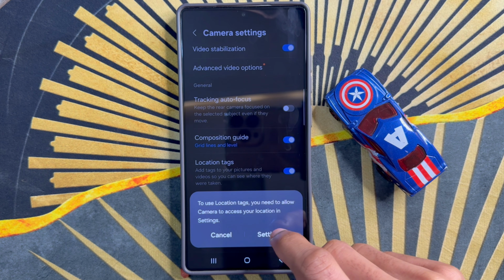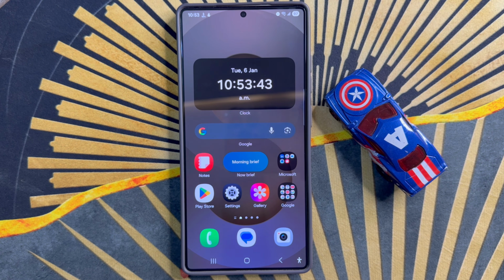After the process, go back to the home screen. So that's how you can add or remove location tags when taking a picture with the camera on